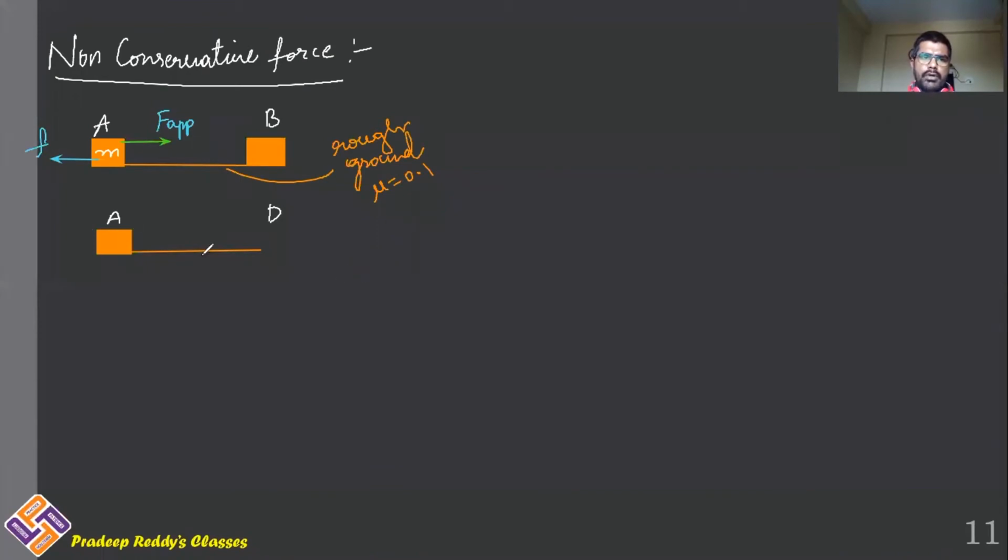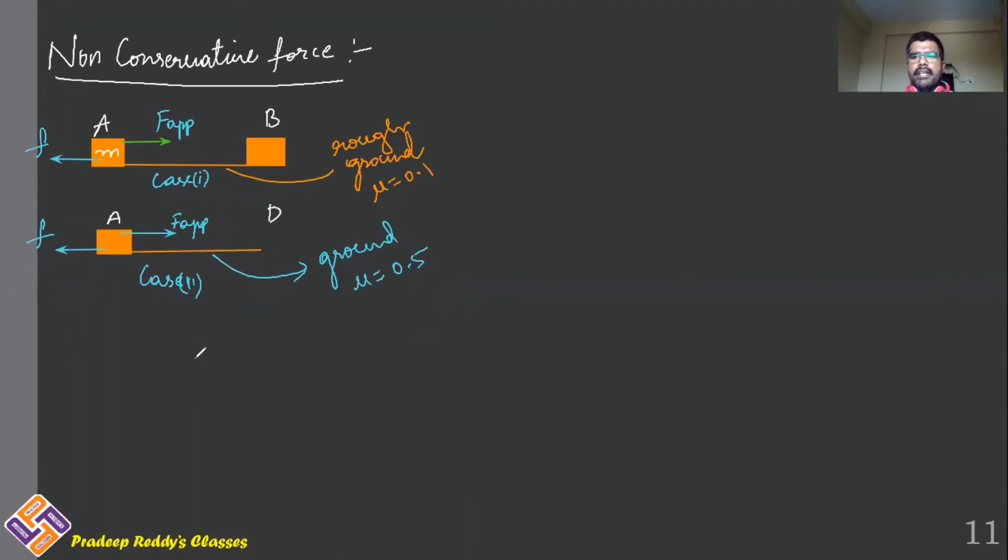Now let us take one more simple case. This is case 1. And let us take case 2. In case 2, here this is also ground, which is a rough surface, and its coefficient of friction is 0.5. Now you are applying force upon this object. Here also there comes frictional force, and there is another force which is applied force. This is F applied, and this is frictional force F.